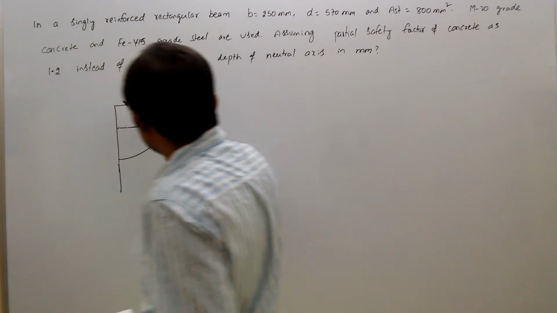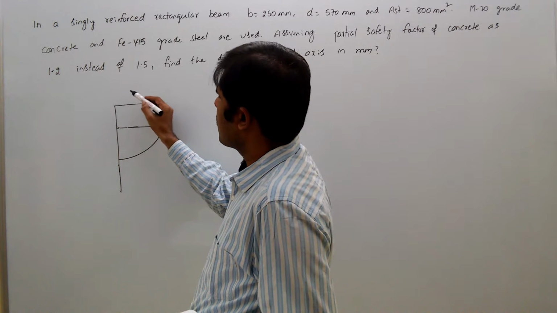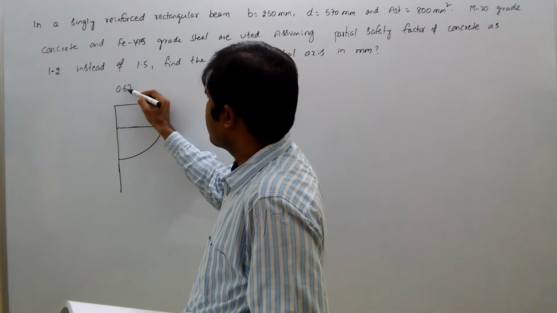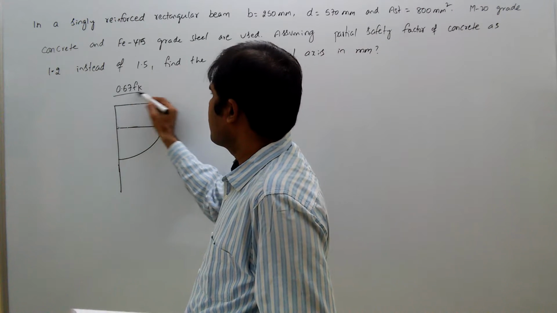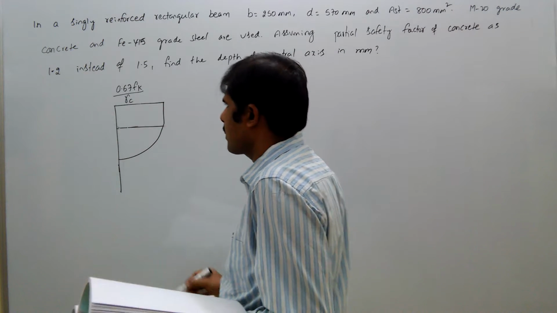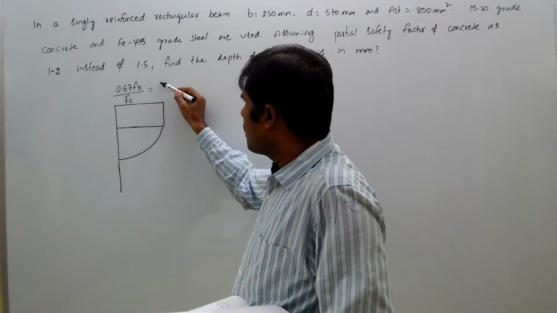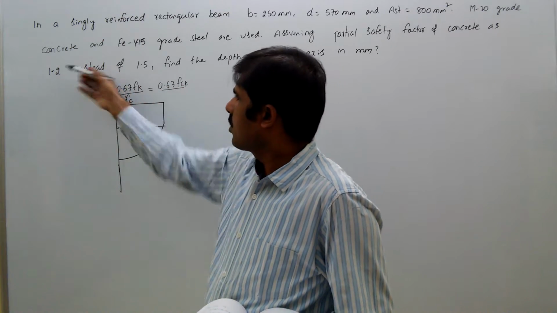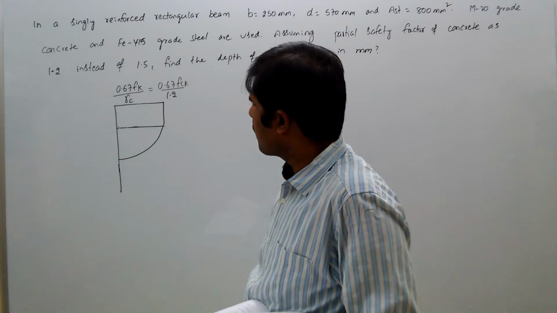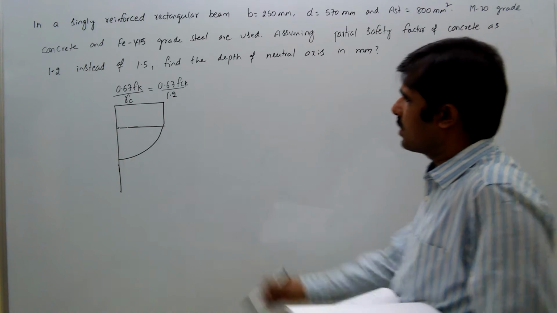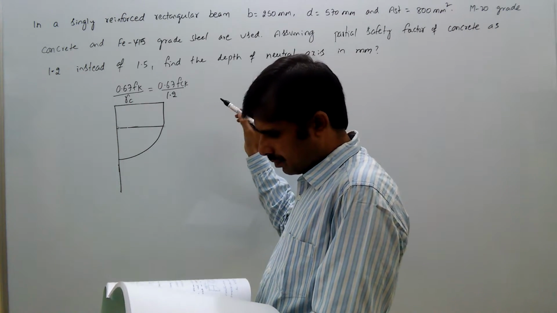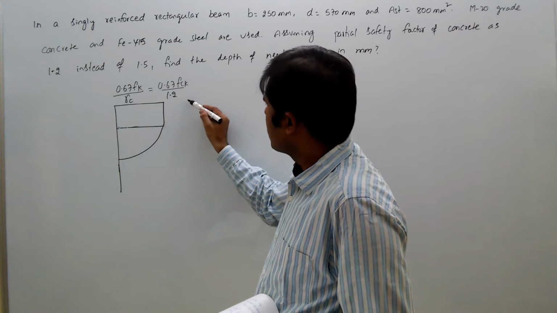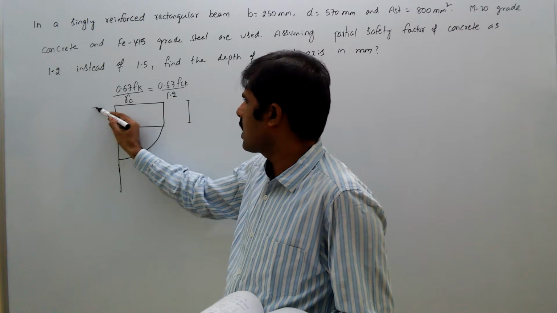Here, generally we use 0.446 FCK, but that is actually 0.67 FCK divided by gamma of concrete, material factor of safety. That is equal to 0.67 FCK by 1.2 here now. Generally it is 1.5, but in this problem he has given 1.2. So that equal to this 0.67 by 1.2, and as usual this is the depth of neutral axis